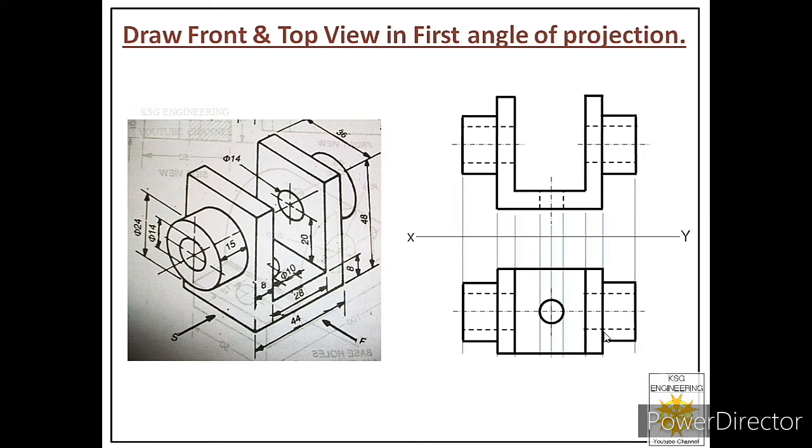Now you can see we are ready with the top view of this object as well, and the next step is we should place dimensions. So let us first place its total height, it is 48 millimeters, and then let us place its total length. Now total length is how much? 44 plus 15 plus 15, so it is 74 millimeters. Then we will place the total width, then we will place the remaining height dimensions,